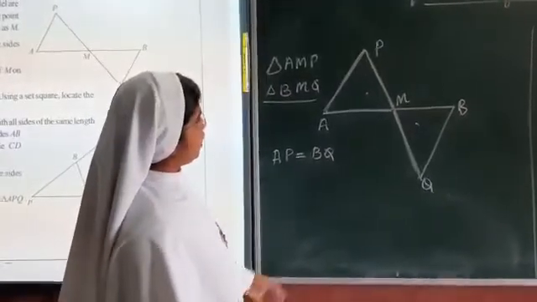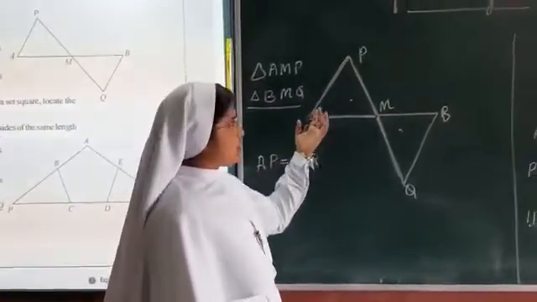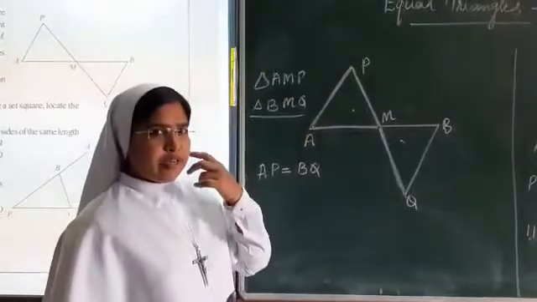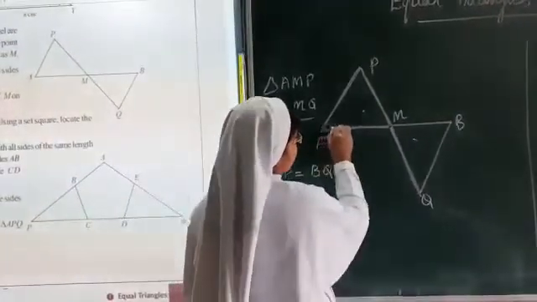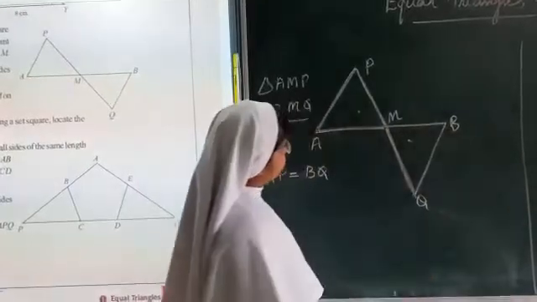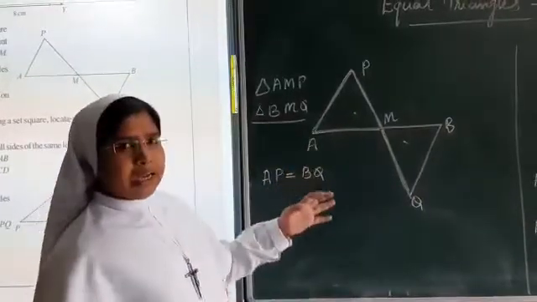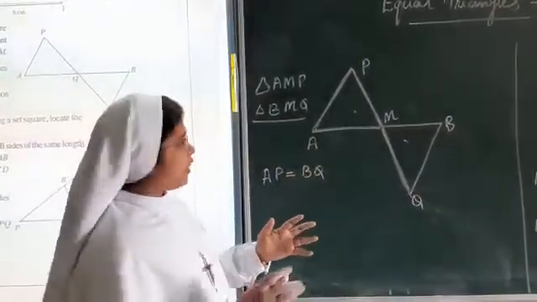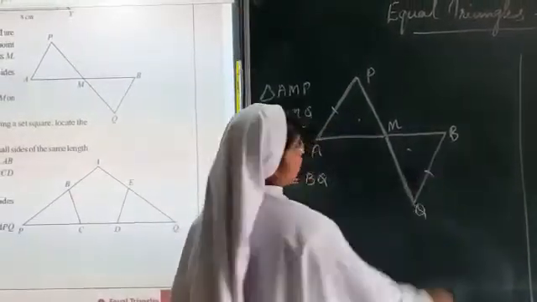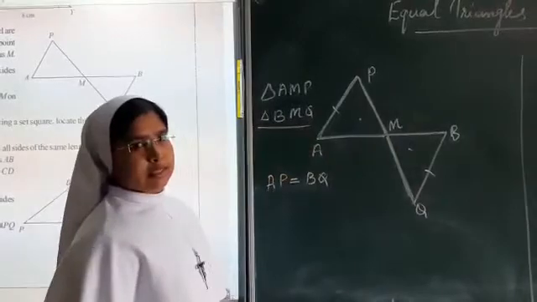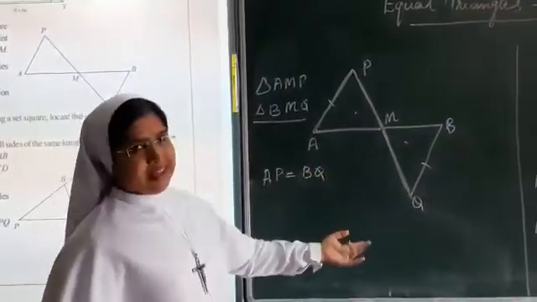Now what else can we find out? If at least some angles are given, we could find out using the general principle. Let us look carefully at the figure here. Now here no angles, no sides, nothing is given. The only thing we know is that AP is equal to BQ.